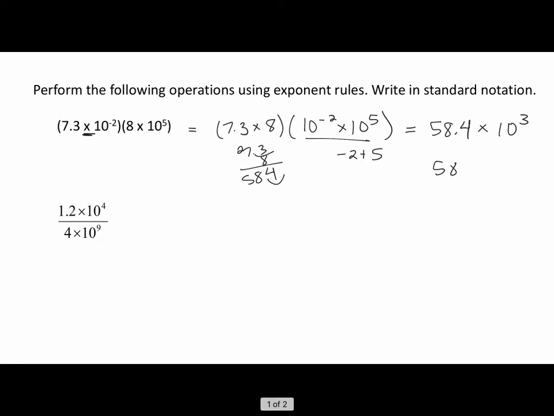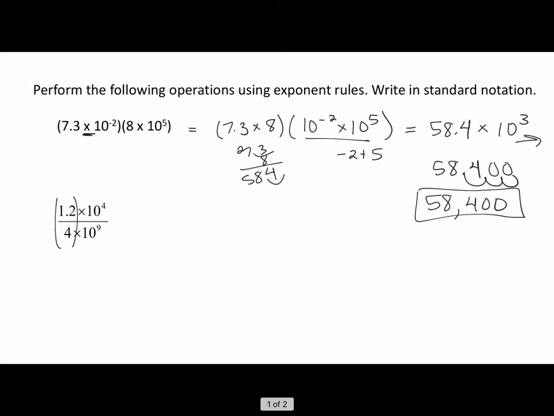If we want to change this to standard notation, we're going to be moving the decimal to the right 3 places and add in zeros for those place values, making this 58,400. In our next example, we've got division, but division is just multiplication of the reciprocal, so multiplication rules apply